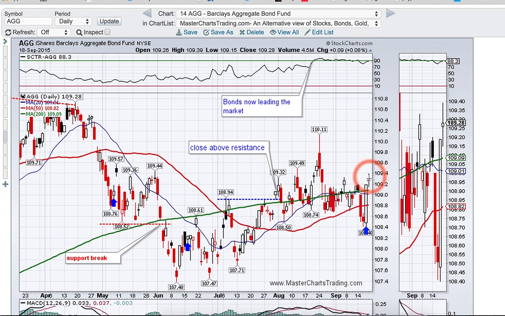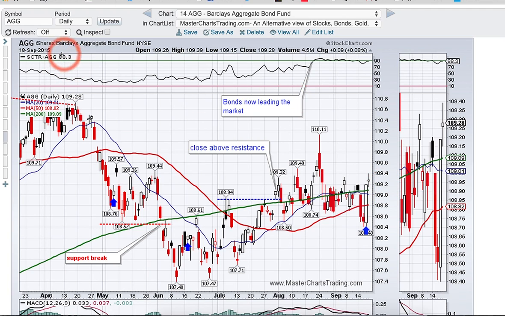Now, this is not a very bullish candlestick, but we may see a little bit of backfilling here before we continue higher. I think that if, as I mentioned before, we're going to be retesting the October lows for stocks, then bonds would be a clear place to rotate into for money that has not been in stocks, that has not been buying stocks.